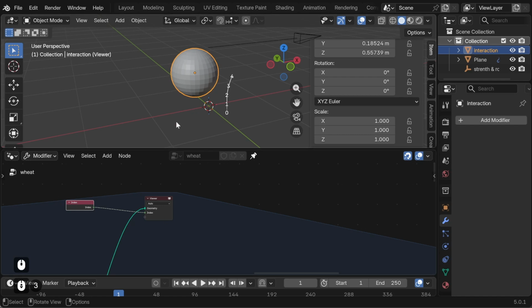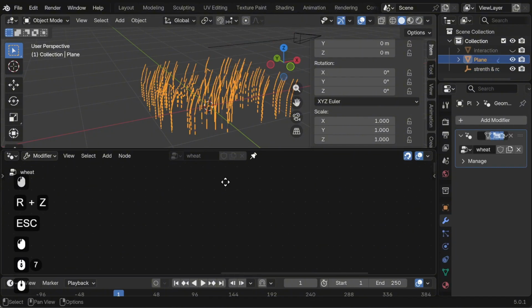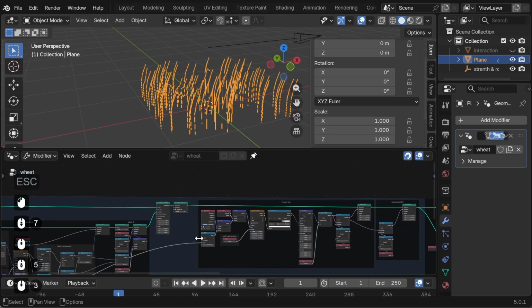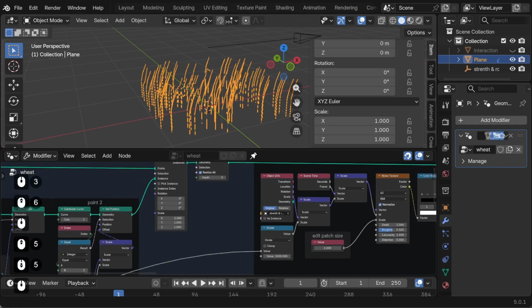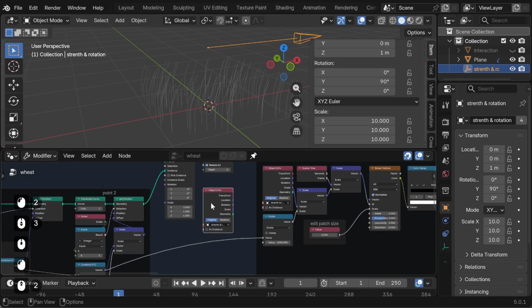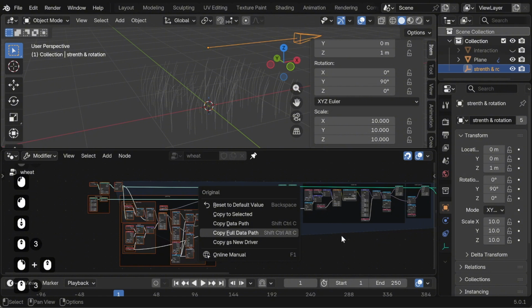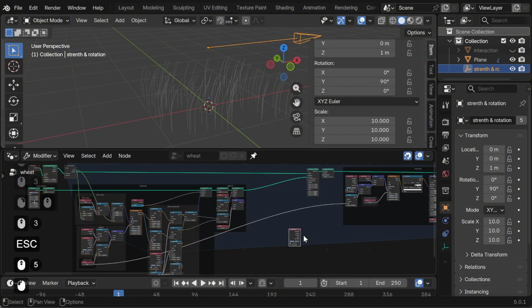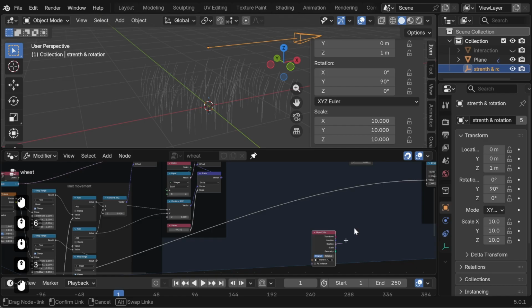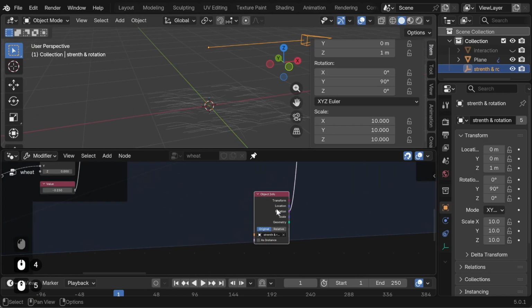And right now I think of it, I actually forgot to make a way to rotate the reed actually, and we can do that right now. So once we go back to the instance on points node here, it is actually very simple to do that. So we will take the strength, so the arrow, use the rotation, and I will move this backwards a little bit to create some space. Oh, we don't want to do that. And we want to use the rotation to rotate it, and you can see it's not exactly as we want it. So we will add a